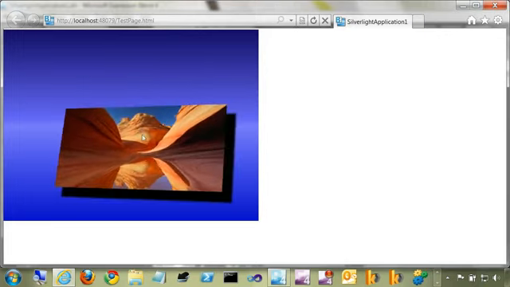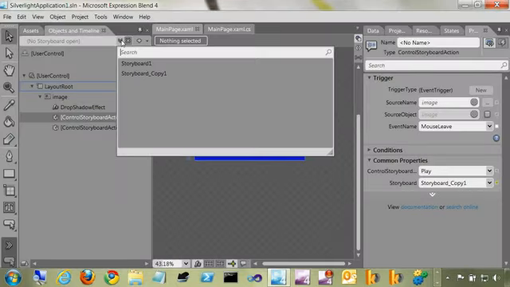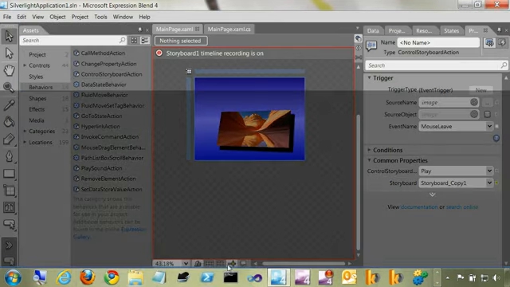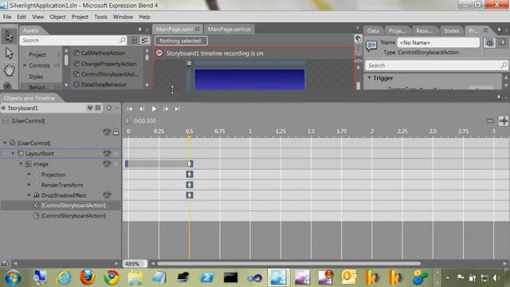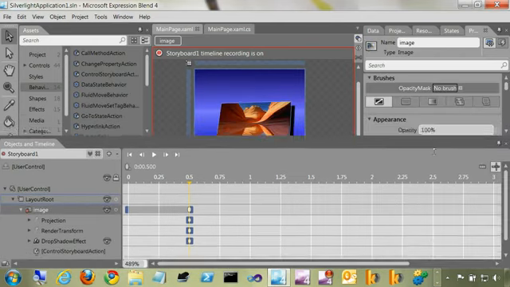We didn't actually apply any easing to this, so I suppose we could go back and open up the storyboards. You'll notice I've now made my environment a bit difficult to work with from an animation perspective, so let's drag this back down to the bottom. And we could apply some kind of easing functions to these things, so we could just pop over here and find